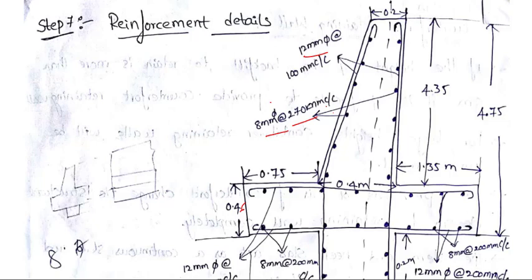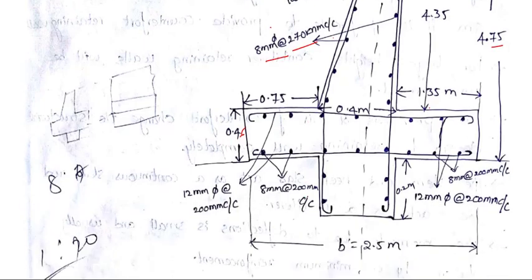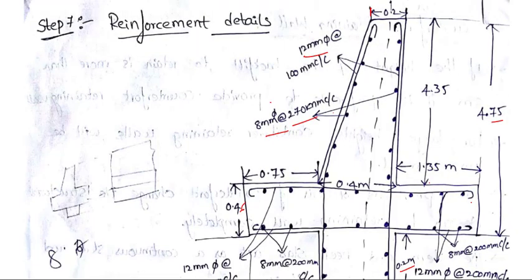That's it, it is completed. Okay? So here total width is equal to 0.4 meter, and mark this one also, 0.2 meter at the top. So what is the height of the backfill? 4.35. What is the total depth? 4.75. What is the width of the heel slab? 1.35. What is the width of the toe slab? 0.75. What is the depth of the base slab? 0.4. What is the dimension here? So here 0.4. I forgot to mention here 0.2 meter depth. So please don't forget to mention all the dimensions first. Next you will give the detail of reinforcement.